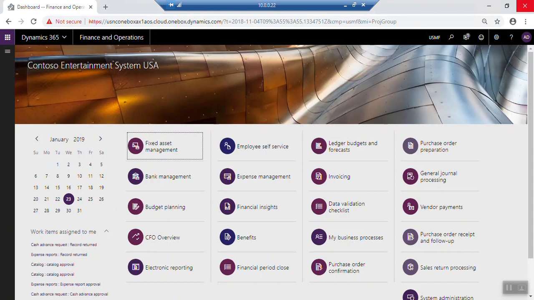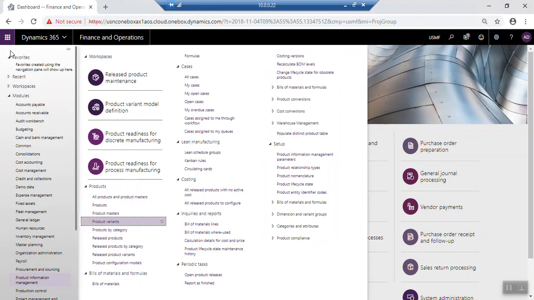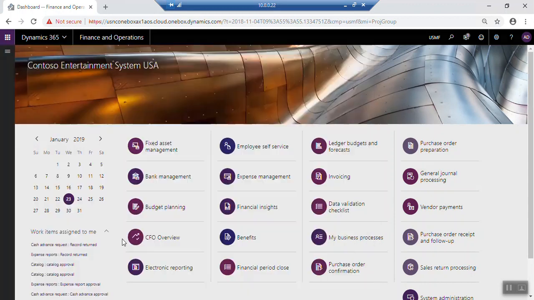We will see now how we can create and release the product directly, and how we can create a product and then release it. Also, number three, we will see how we can create a product master and its variants and release it. We will start with creating and releasing the products directly from Product information management, Products, Released products,